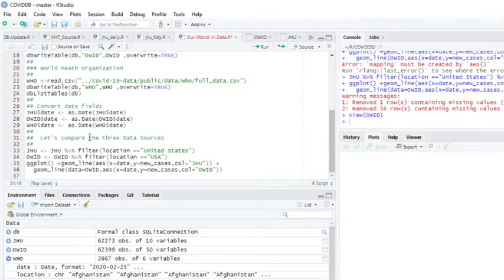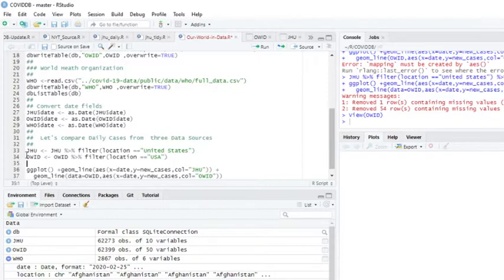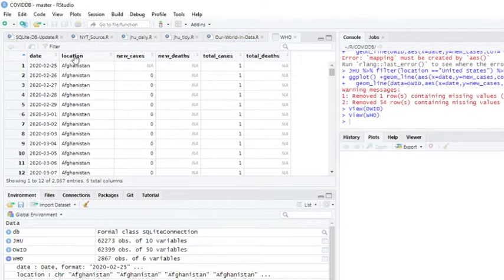Let's compare. So this is WHO. So what's the thing for the US?